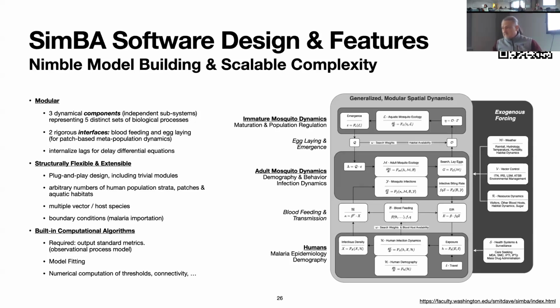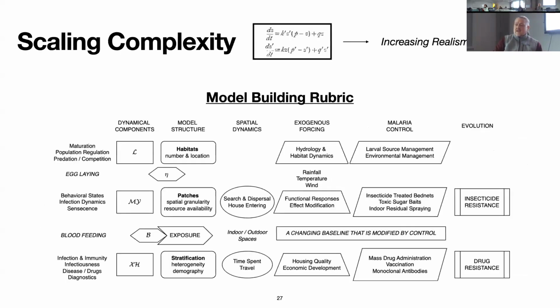Now the software works, it's coherent, and we think we've rooted out all the possible errors. It's available now for download through GitHub, and you can actually use it. And it's a fairly simple interface to start building models. It comes with a rubric for model building where we identify the questions. So, on the left, you build a model. The first thing you do is define a state space and define flows among states. So we take those as our atomic units. There are many possible ones, modular, so we can pick one.